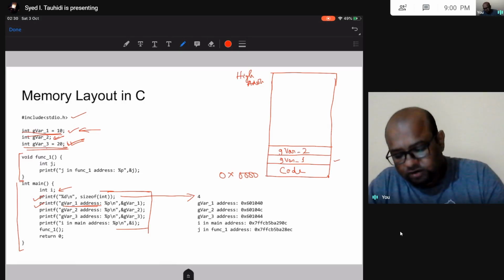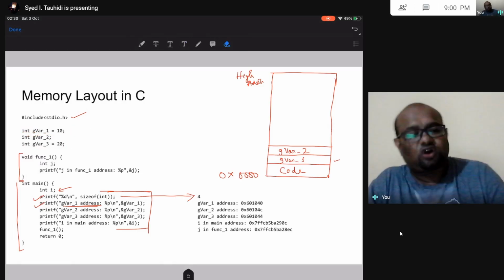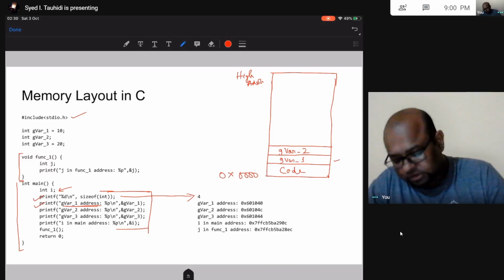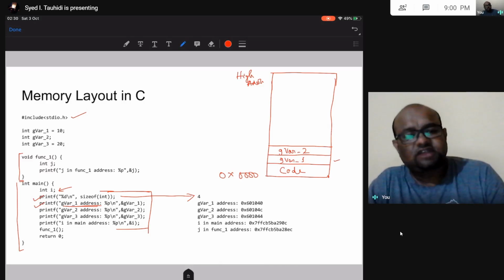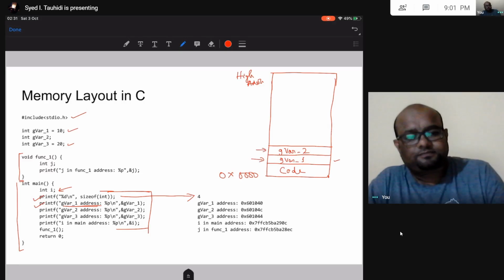So all these global variables are allocated space in my memory. Done. All these initialized global variables are allocated space in my memory. So I have two initialized global variables, global variable 1 and global variable 3. They are allocated this space here and here. All right.